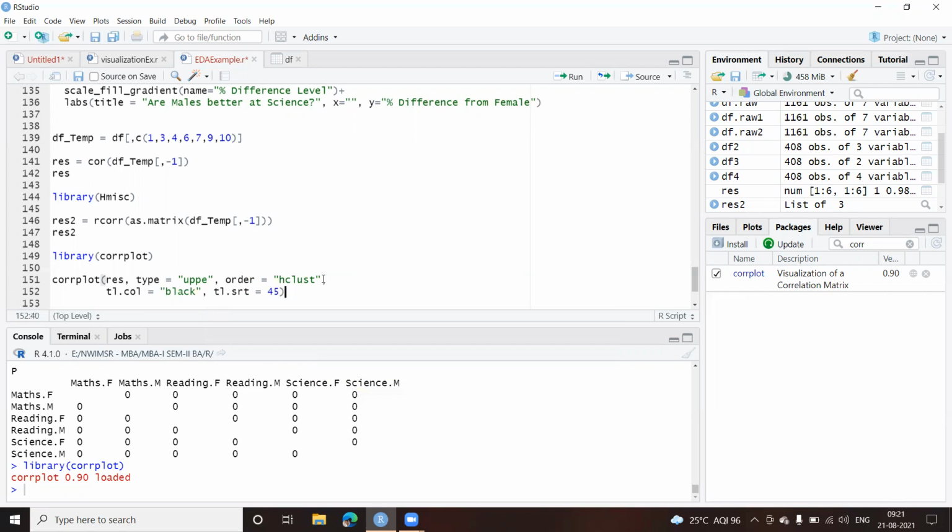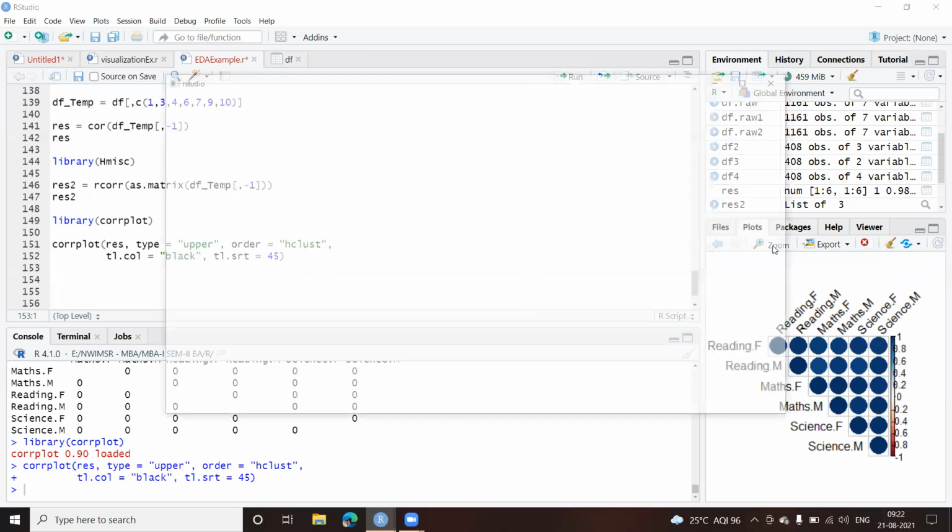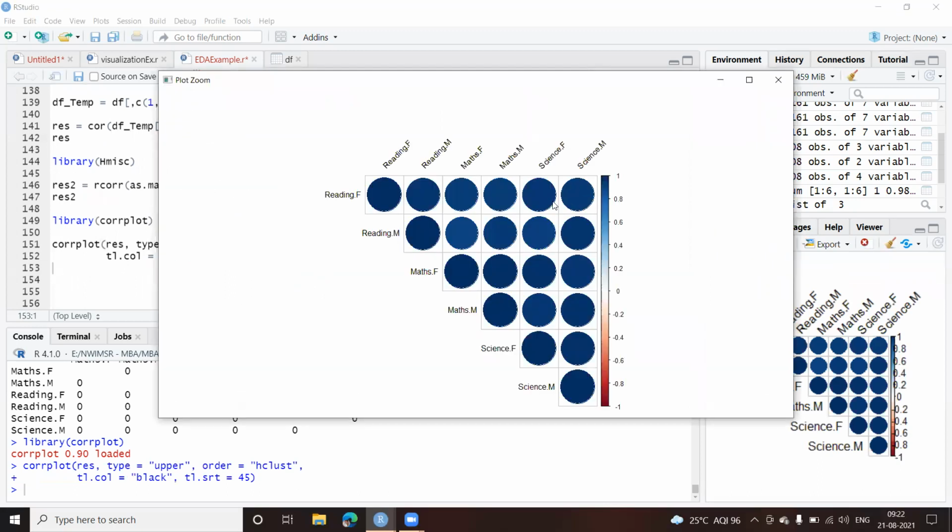Okay, and let us run this one. This much is enough. Okay, this spelling mistake, R upper and RES corrplot. Fine, let us run this one. Here you can see this is my plot which got plotted here. This is because of that rotation which I have done, and it's starting from the upper corner here. So from 1 it is starting and it's going down here, this 0 here. So all the values which are on the positive side are coming here.